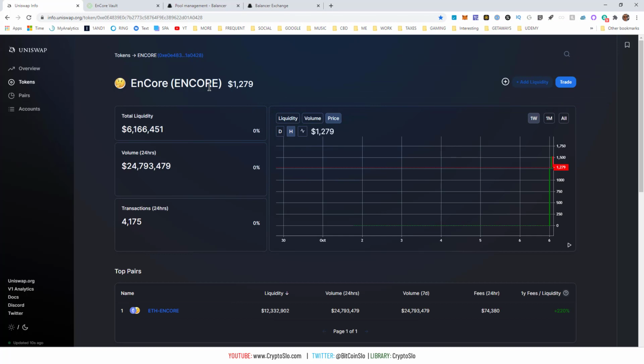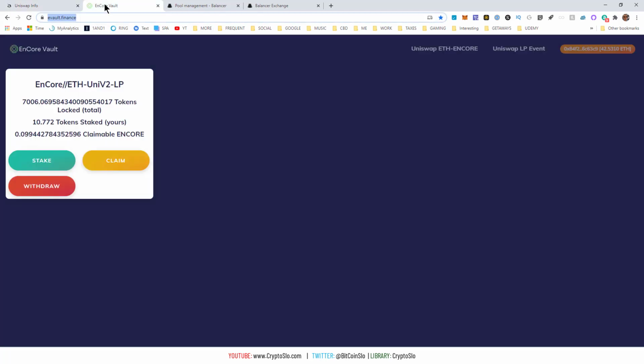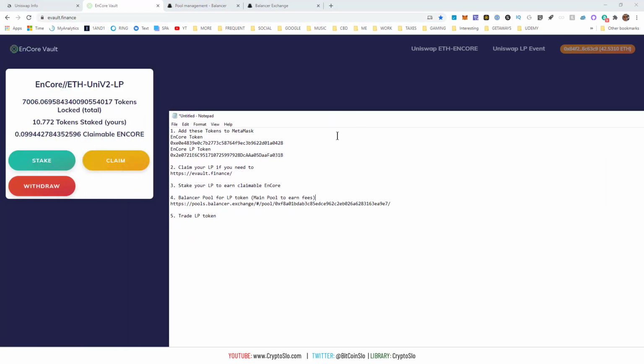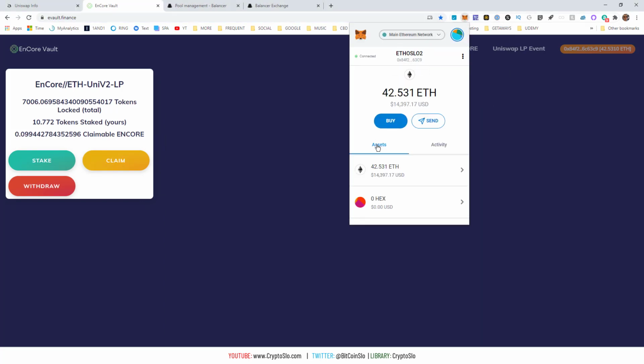So the reason I'm making this video, though, is to help people out. There's a lot of confusion in the chat, and I thought that I would just clear it all up. So number one, if you were part of the liquidity event, you'll want to know how to claim your tokens. So the first thing you need to do is add these two tokens to your MetaMask, the Encore token itself and the Encore LP token, which will represent your stake, and that's what you're actually staking if you're earning claimable Encore. So to do that, basically you copy the LP token, copy, go to your MetaMask, assets,